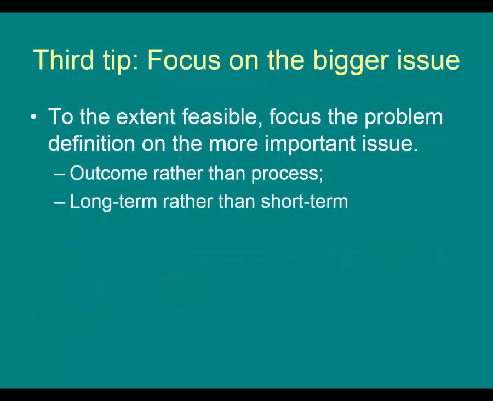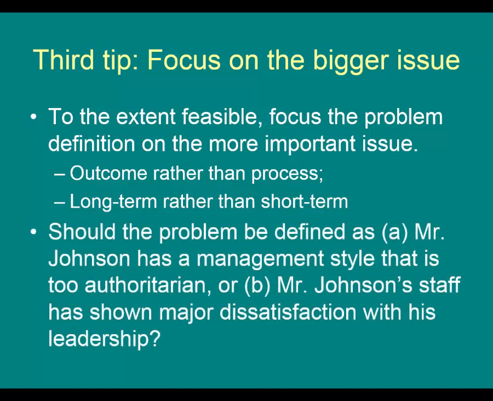Focus on the bigger issue. To the extent feasible, focus the problem definition on things like outcome rather than process, and long-term rather than short-term. That's probably going to get you the best improvement in organizational functioning. So should the problem be defined as Mr. Johnson has a management style that is too authoritarian, or Mr. Johnson's staff has shown major dissatisfaction with his leadership? I would say the latter,